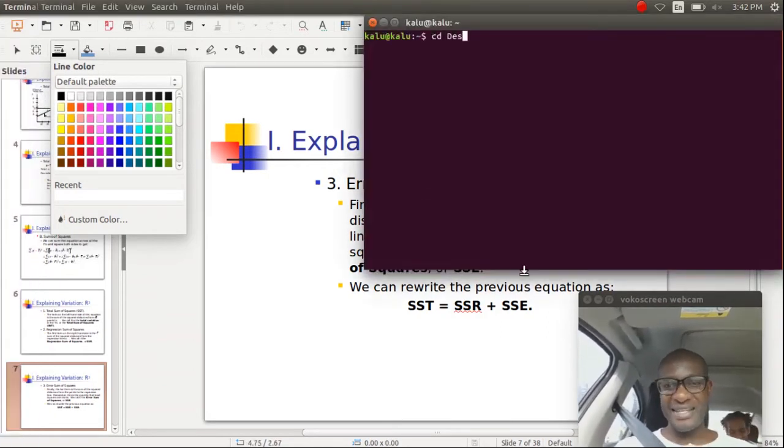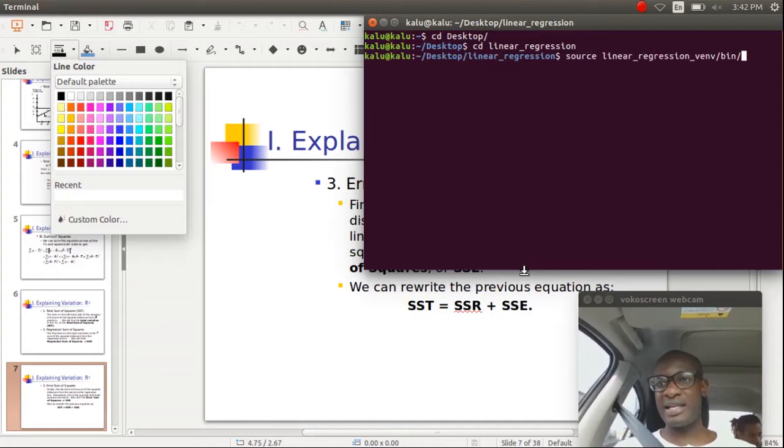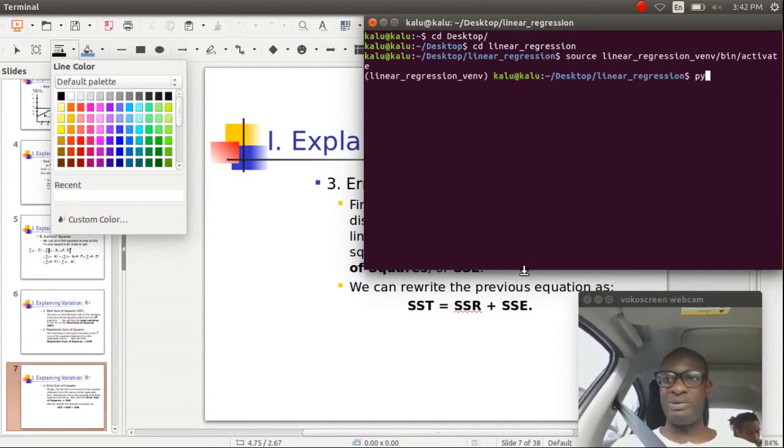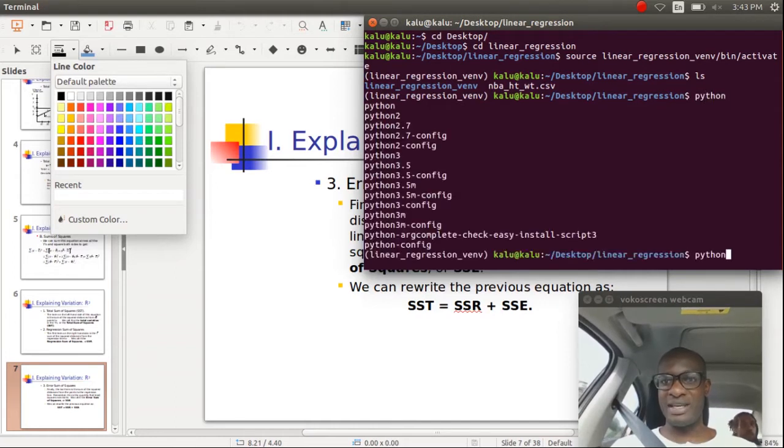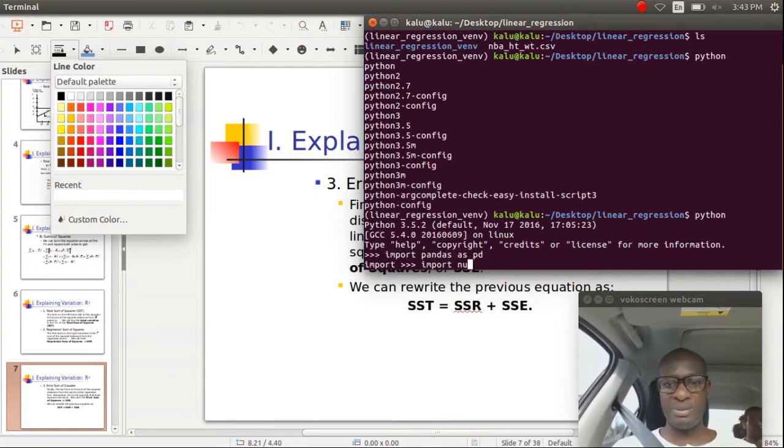So let's cd into our desktop. Then we want to cd into our linear regression folder. And as always, we want to go ahead and activate our virtual environment. And we want to do ls to make sure that we still have this NBA heights weight CSV. And then I want you to go ahead and write python and then do your imports. Import pandas as pd, import numpy as np, and then import